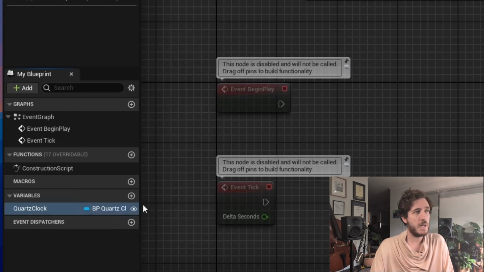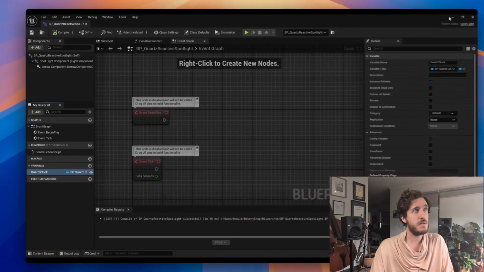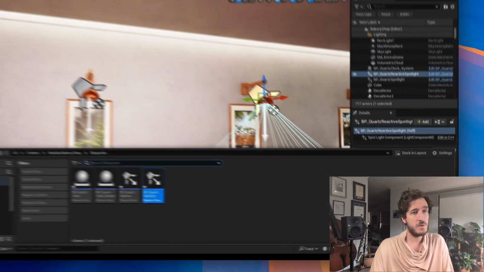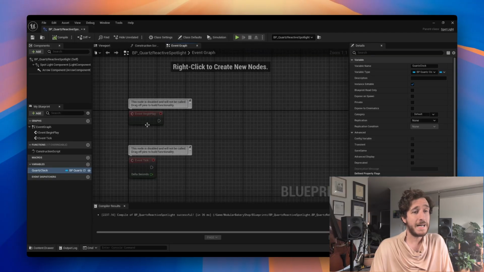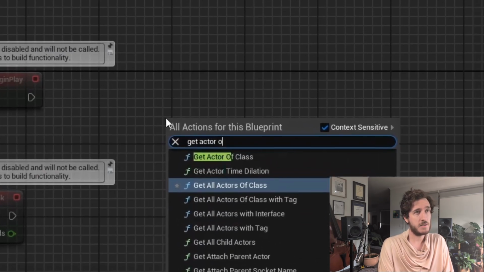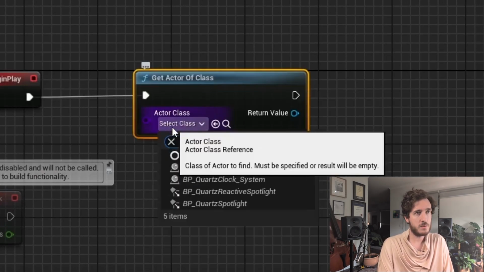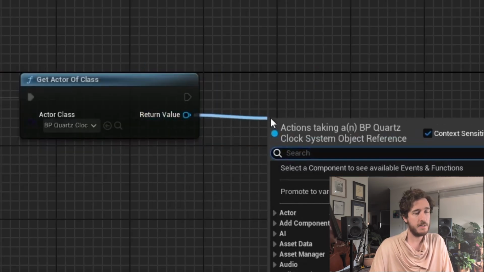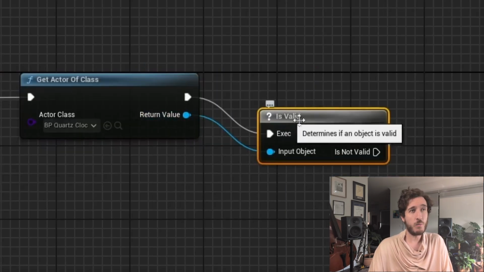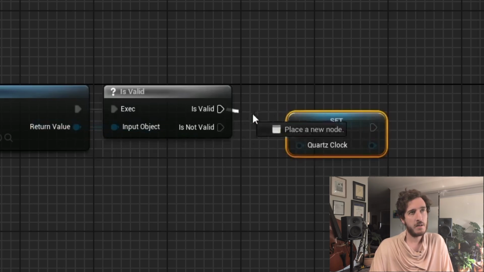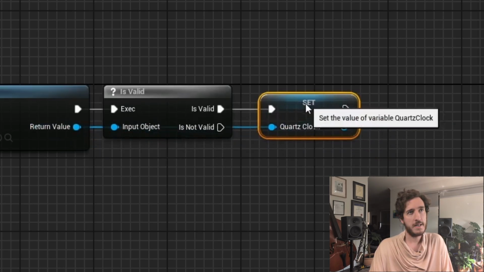And it will mean that we can either set it manually by clicking on that when this is in the world. We have a Quartz clock and we can select our Quartz clock. Alternatively, if we wanted to, we could set that up to be automatic by doing something like get actor of class, set that up to be the Quartz clock system, and then is valid. If we get one, then we can use it to alt drag the Quartz clock